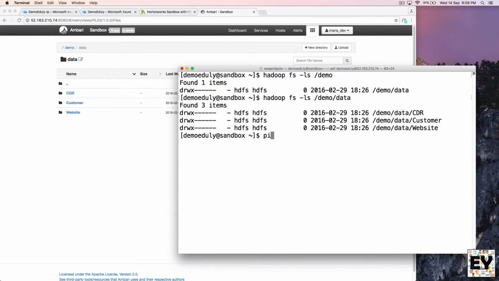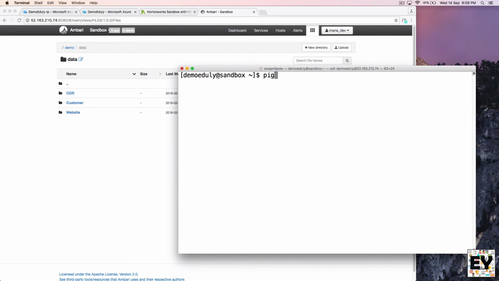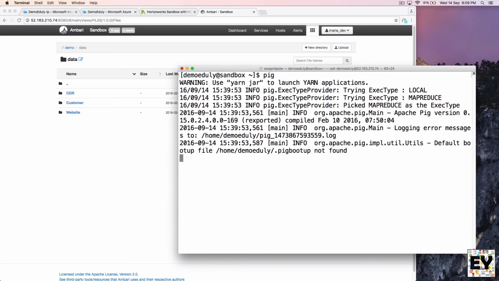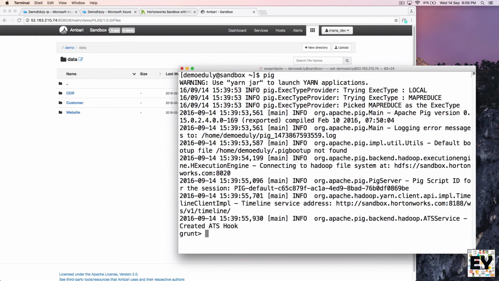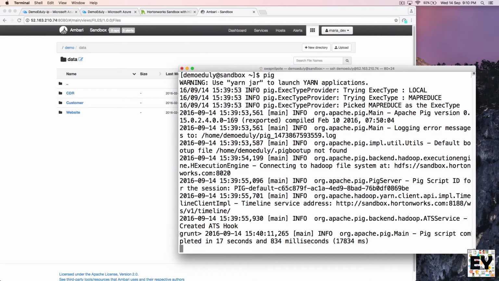In the same way guys, if you need to access your Pig interactive shell, what you need to do is just type pig and hit enter. It is going to launch your Pig interactive shell. On this shell you can write different Pig commands. I'm not going to cover that right now, we'll be covering it in the next video. And to exit from this shell, what you need to do is Control D. As soon as you hit Control D, it is going to exit from